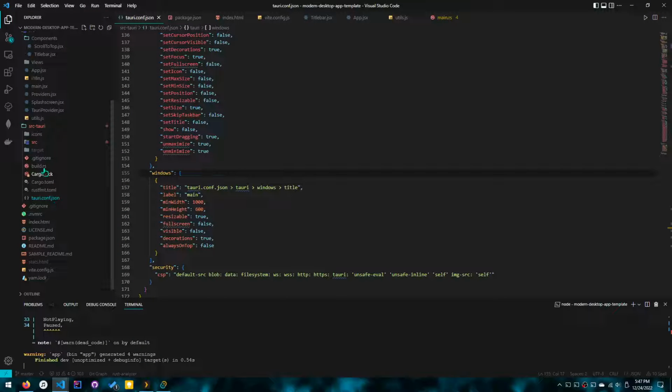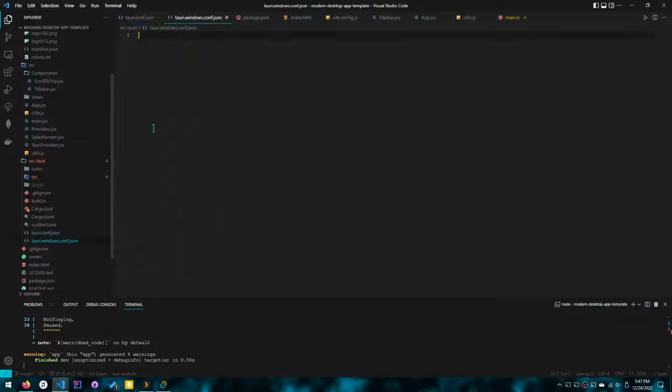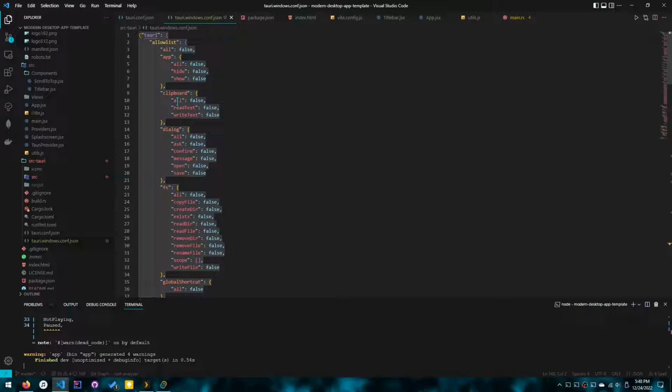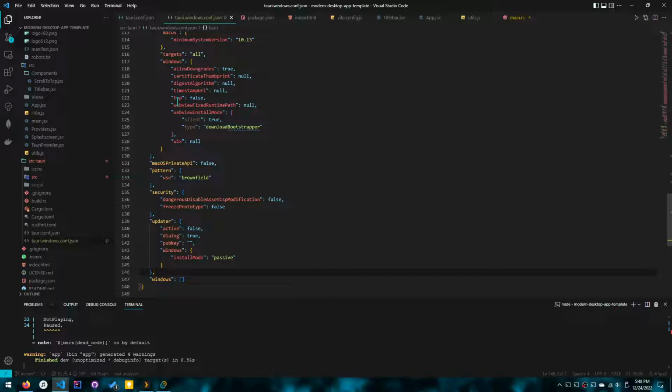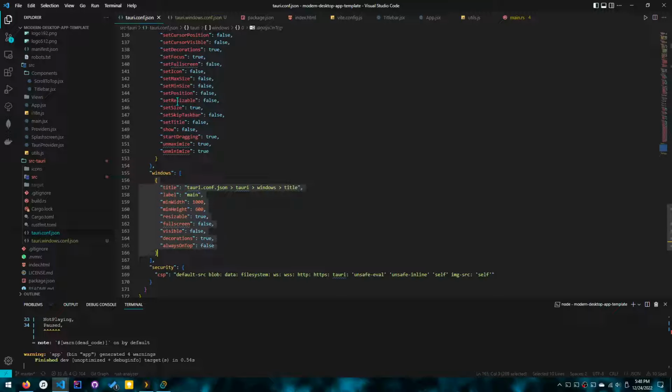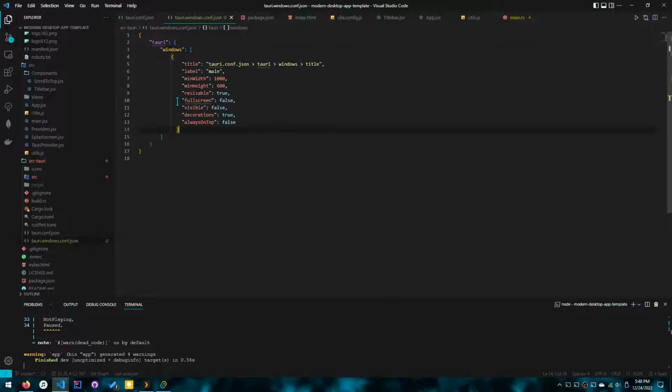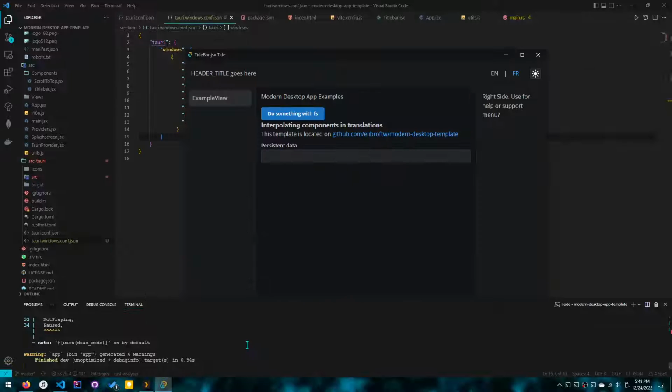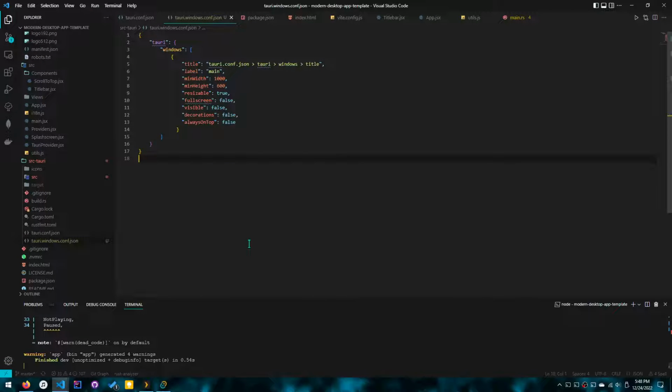So what you want to do is create a file called configuration, and then you basically want to do something like this, except you don't want this stuff. Okay, and then you want to do this. And you want to set decorations to false. Now, I am not sure, since it gets merged, I believe that the window gets overridden, but we will see how things will work. So I did save it, but